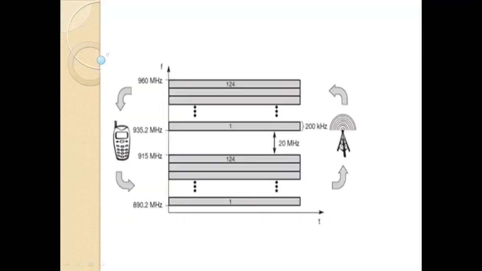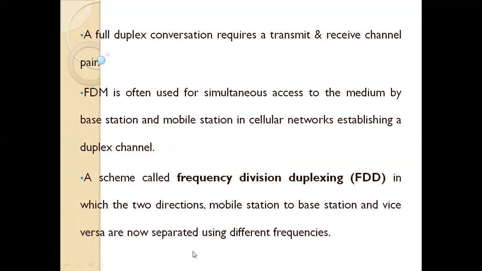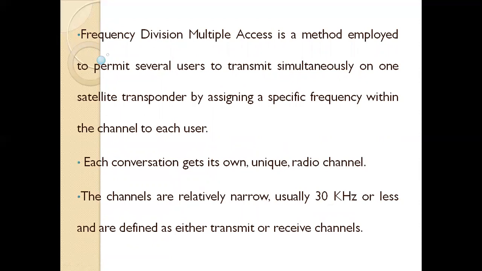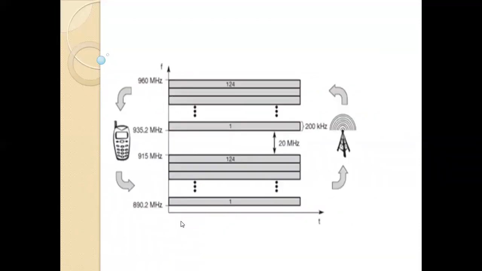So how the frequency is utilized. For the frequency range for upload and download, there are two possibilities of transmission, either upload or download, both consisting of one data transmission. Data transmission means both upload and download, both uplink and downlink. So the uplink for the mobile station is 890 to 915 and downlink is 935 to 960.